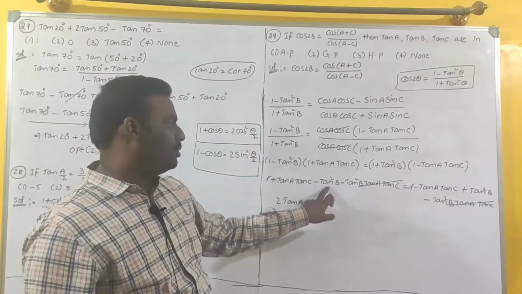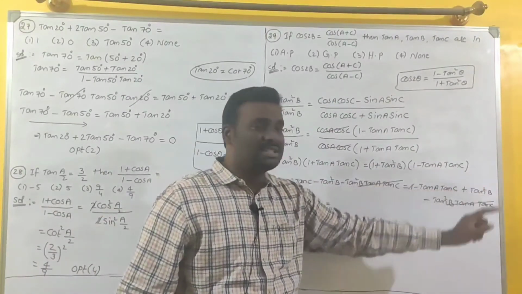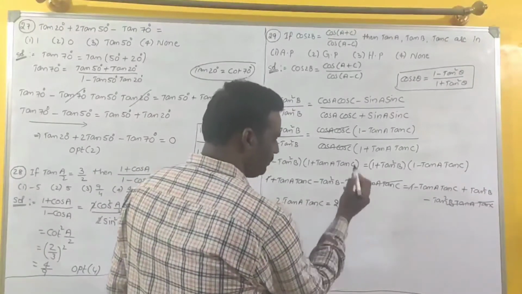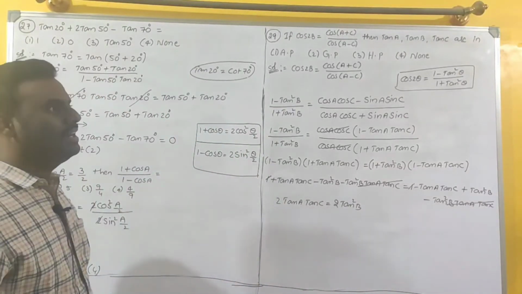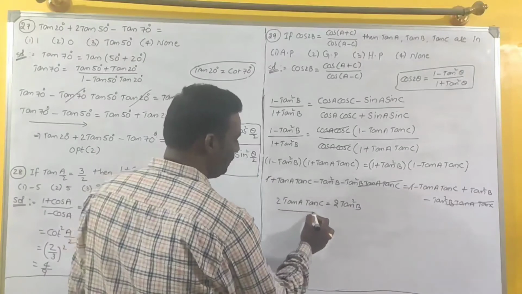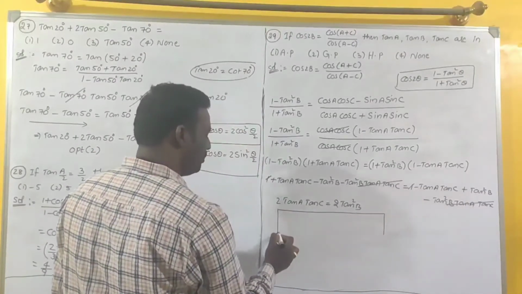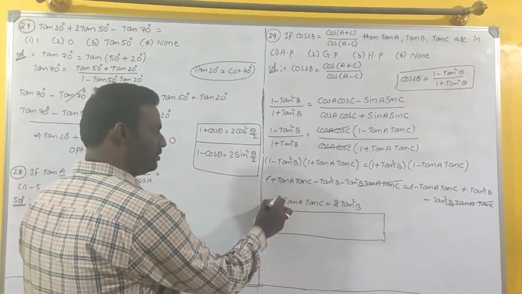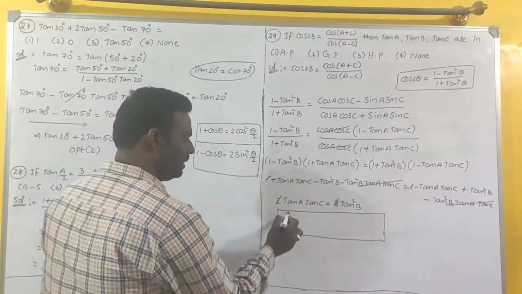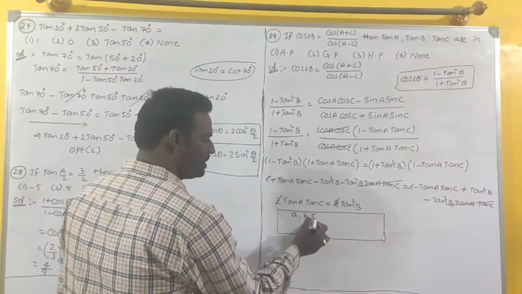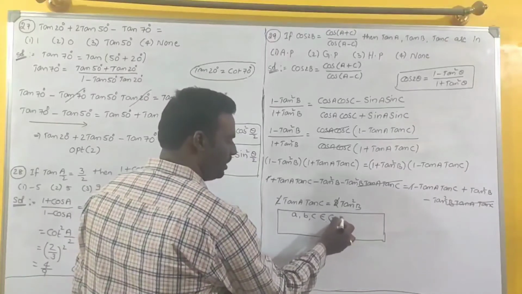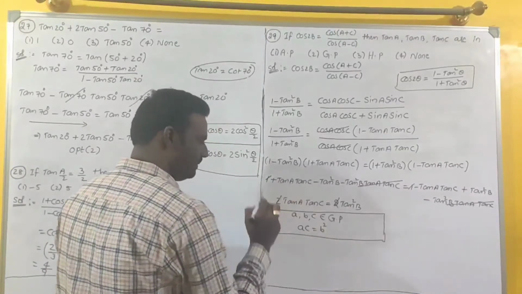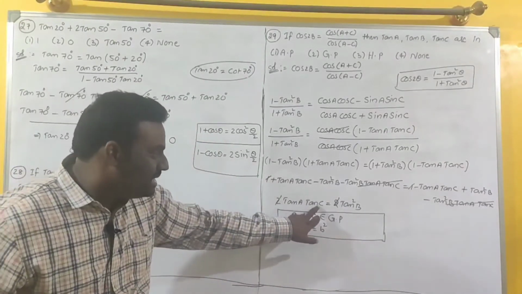This minus tan square B goes to that side, plus tan square B. Already tan square is there on that side. Tan square plus tan square, 2 tan square. Children, in 10th standard, because in PUC the sequence progression chapter is not finished, that's why I am using the formula. 2 gets cancelled. If A, B, C belong to geometric progression, then the condition is B square equals AC. This is A, this is C, this is B square.